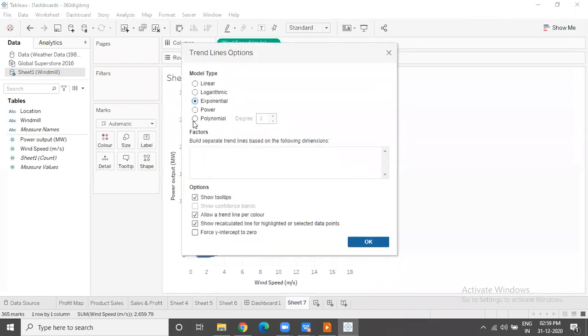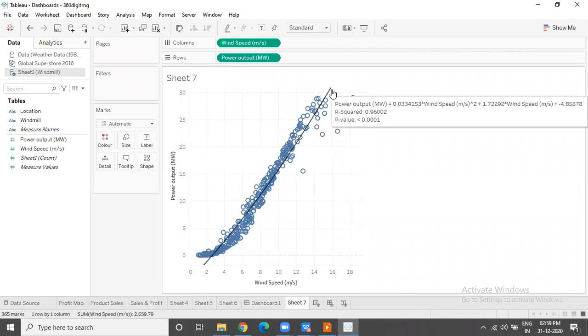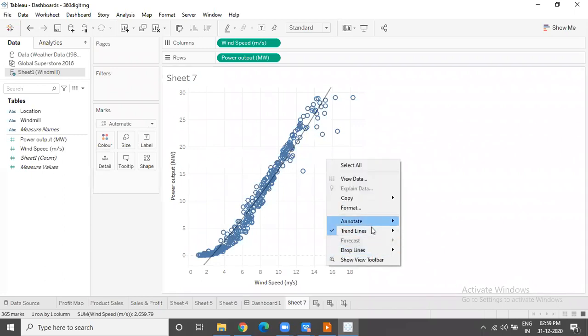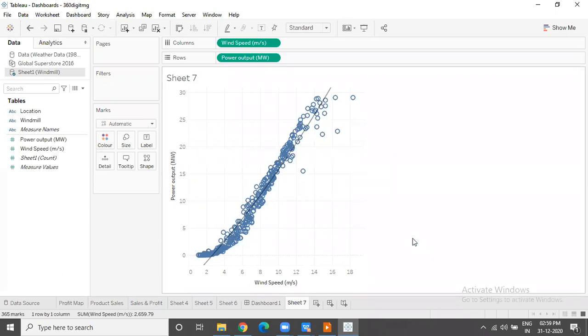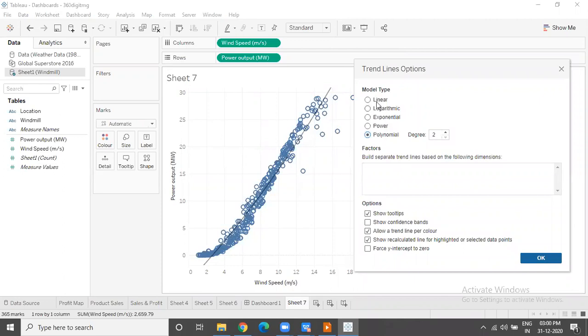Like that, we can also choose from the other models available. Like for example, if you go with polynomial with a degree of 2, it will give you a quadratic expression, ax square plus bx plus c. If we go at 3 degree, then the expression will change. So depending on whichever model we think is most suitable for the data that has been given to us, we can choose one of the 5 models. But there is nothing we can do beyond that. Only 5 models are there, and we have to stick to one of the 5 models available in Tableau.